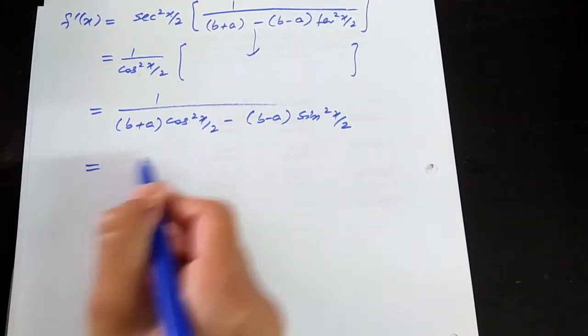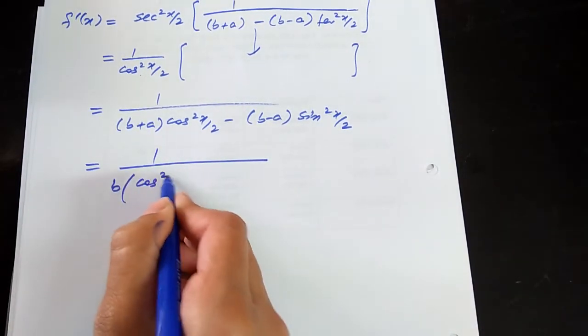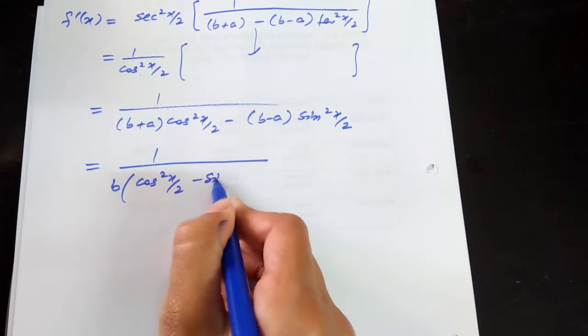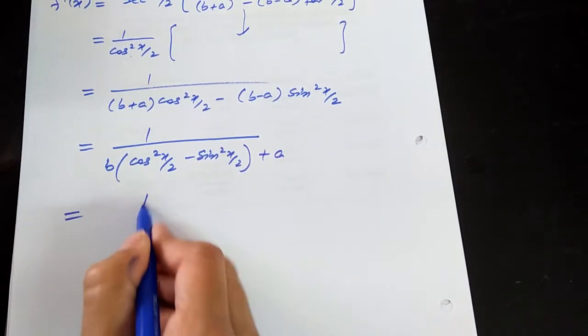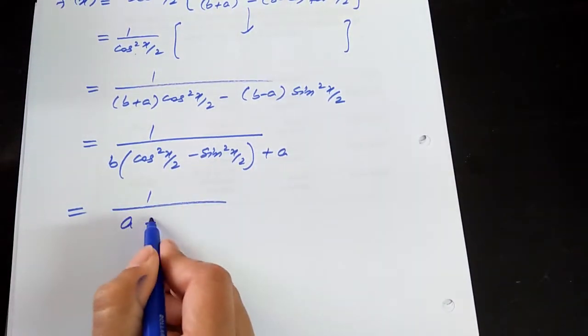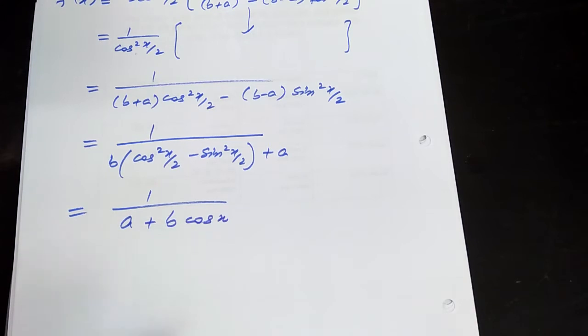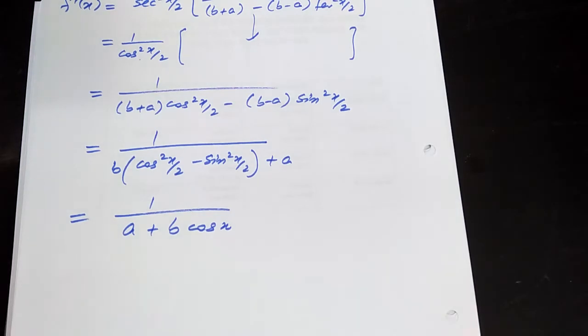Open the terms. After opening in simplification, we will get here b times cos square of x by 2 minus sine square of x by 2 plus a here. And we can write it like 1 over a plus b cos of x. So this is the answer for our question number 26. Now we need to move on to question number 29. That is,